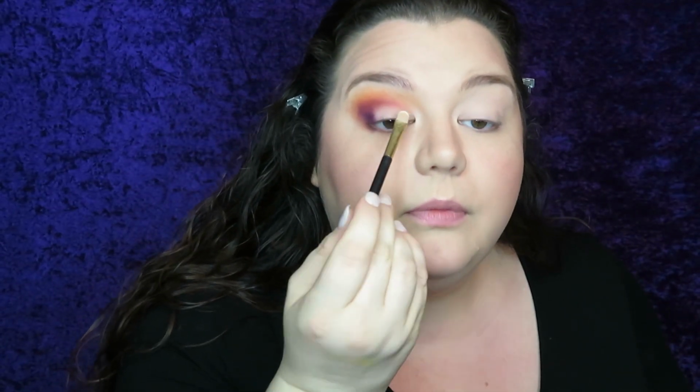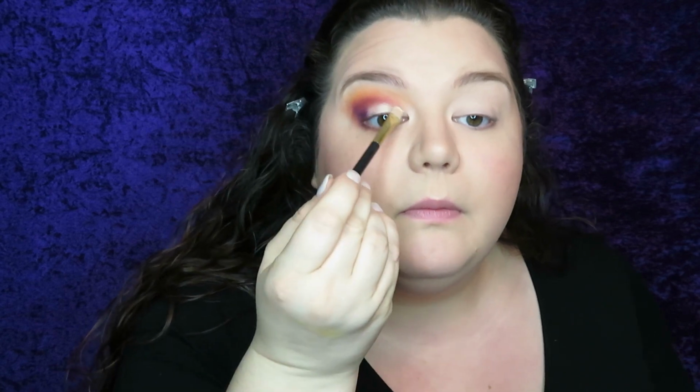So I'm just gonna pick up a little bit of that, and we are gonna go in and just cut out the top of the eyelid so we can dabble with some of these other colors on the lid. This is the M421. It's a fantastic brush for packing on shades onto the lid. Okay, so let's go ahead and go in with the yellow shade, which is called